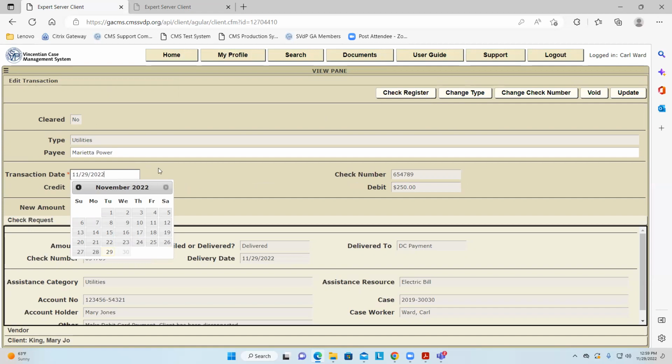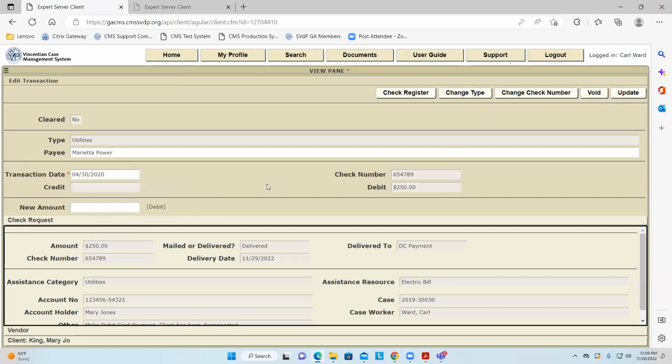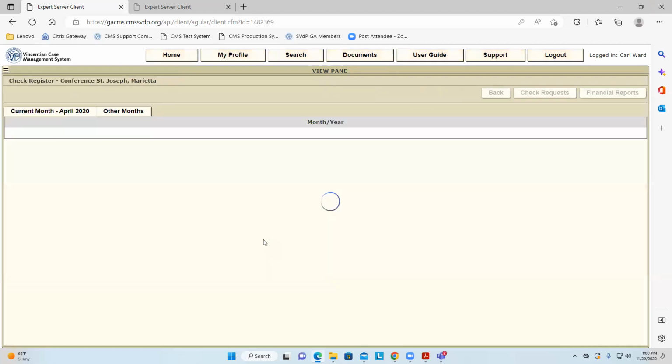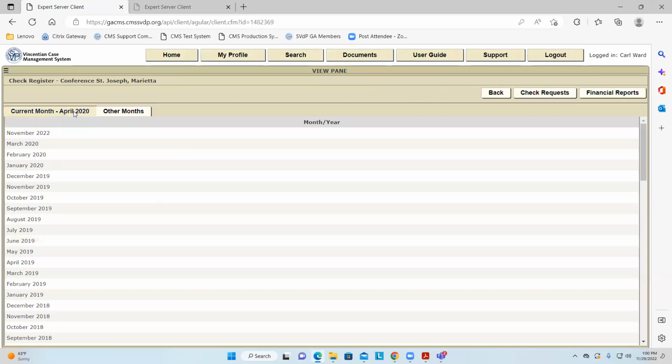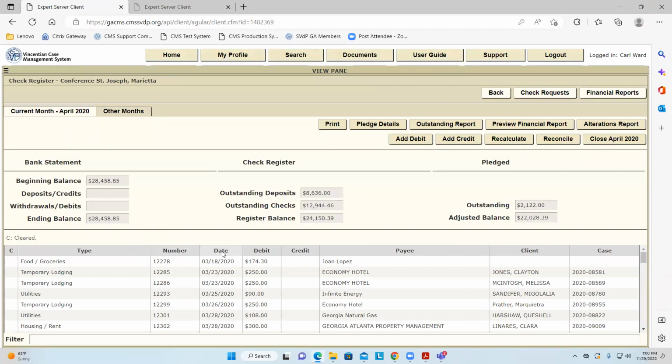So if I wanted to go into the April 2020 register, I put in a date of April 2020. That's the current month, and let's say that May is the new month. So I want to backdate it. I just would update, and then if I go to the check register, hopefully I'll see it there.